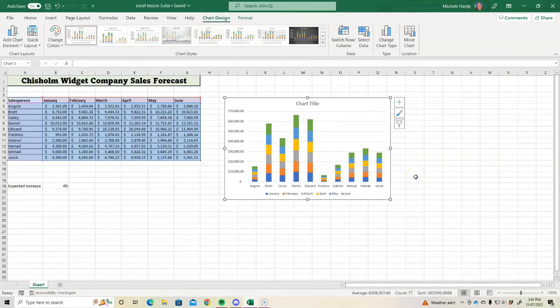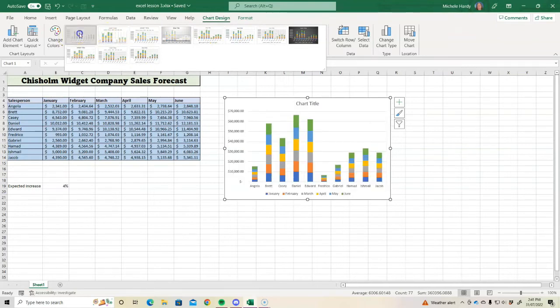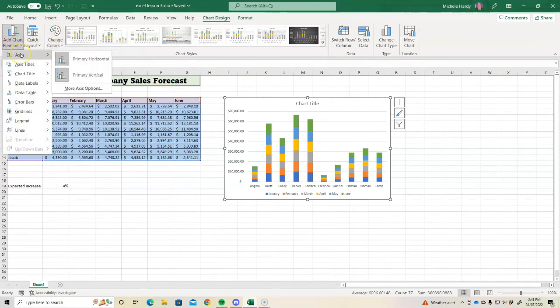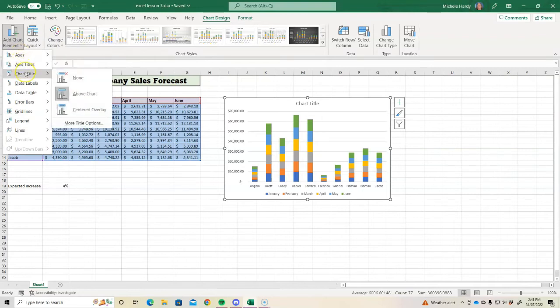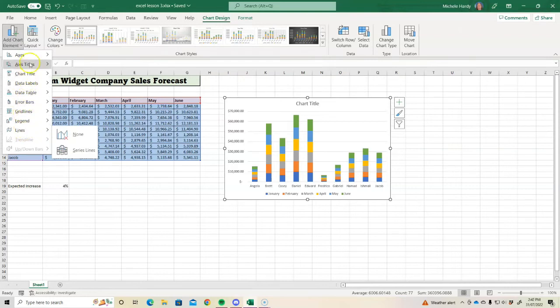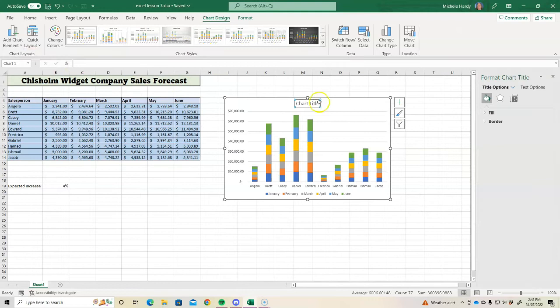Things that I can do, I can change the chart style. So there's a whole range of different styles I can use if I want. Just keep it back to that one. I can change the colors, different color scheme, and I can add chart elements. So I can add axes, I can add titles, and I can do a little bit of basics of where I put them. This already has a bit of a title there, it's just called chart title, but of course I can change that and put my own title, and I could put